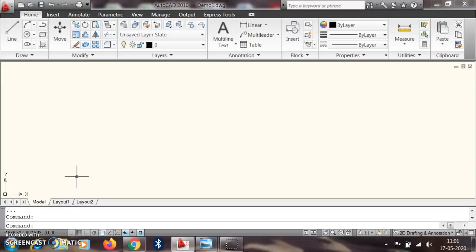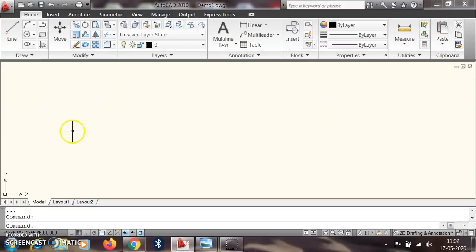It is not just about drawing anything anyhow. It is software where you can work scientifically, with proper knowledge of the coordinate system and everything. So we should learn AutoCAD in a very scientific way. Then we can grasp the total idea about this software. Before starting, we should know each and every symbol located here.